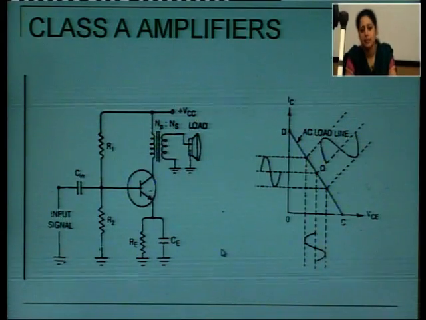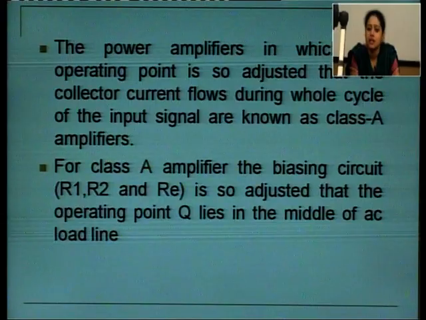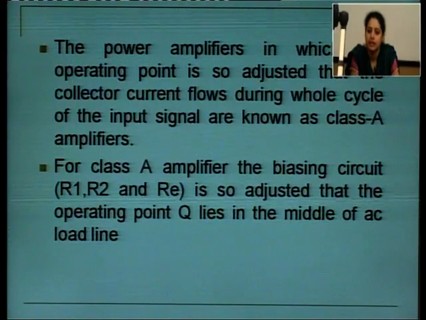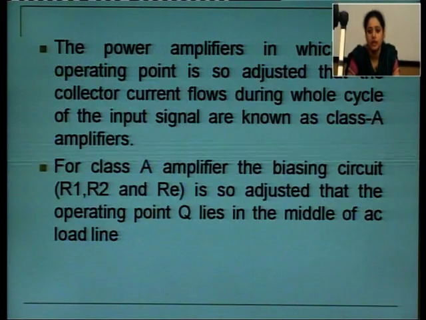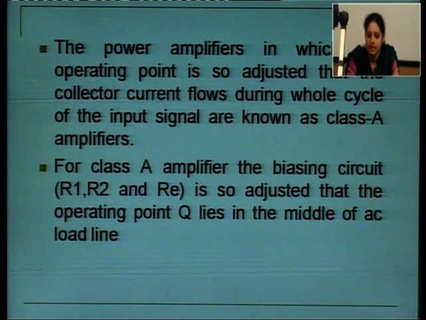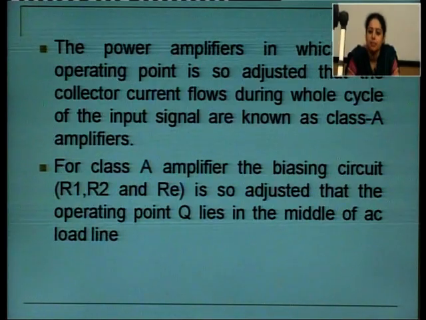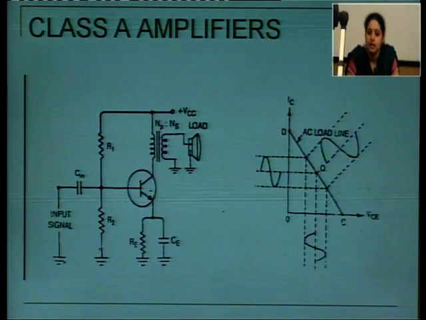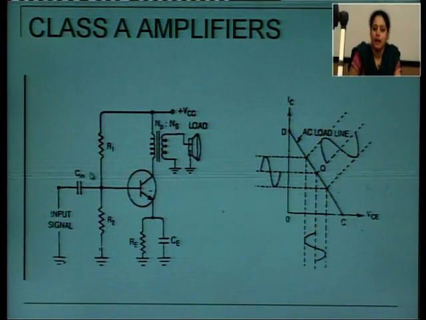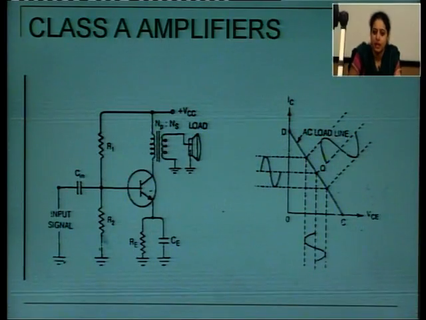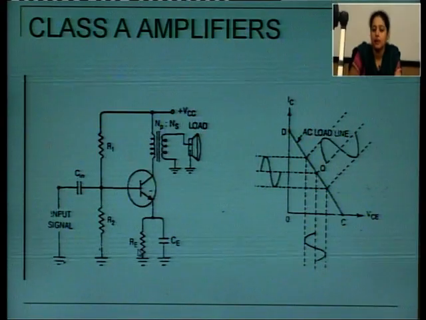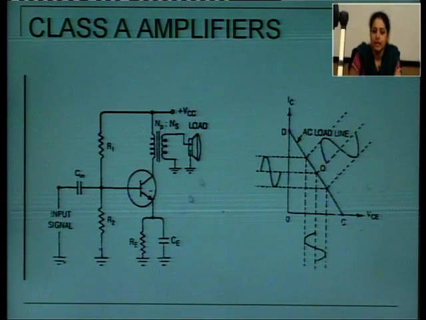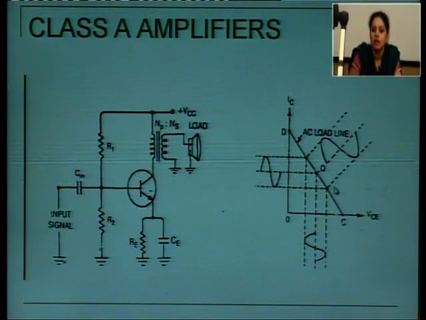Now, coming to the class A amplifiers, the power amplifiers in which the operating point is so adjusted that the collector current flows during the whole cycle of the input signal are known as class A amplifiers. For a class A amplifier, the biasing circuit, that is R1, R2 and RE, is so adjusted that the operating point Q lies in the middle of the AC load line. Biasing and stabilization is provided by R1, R2 and RE, and their values are chosen so that the Q point, that is the operating point, lies in the middle of the AC